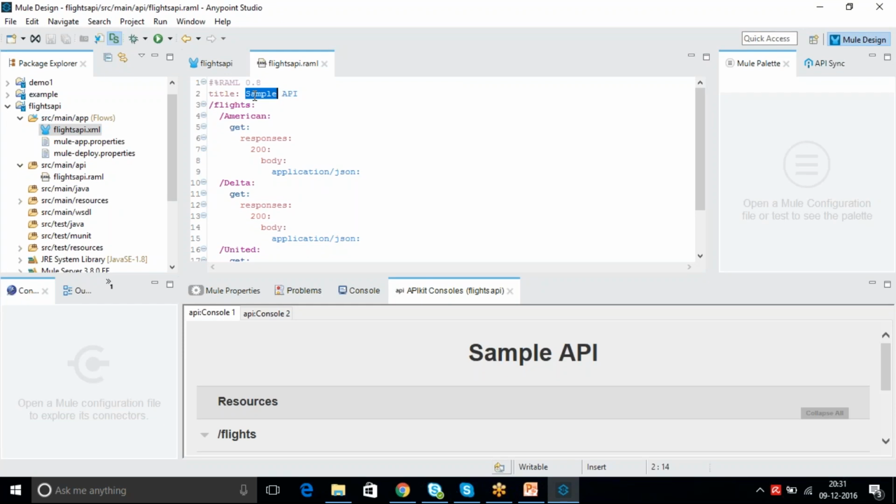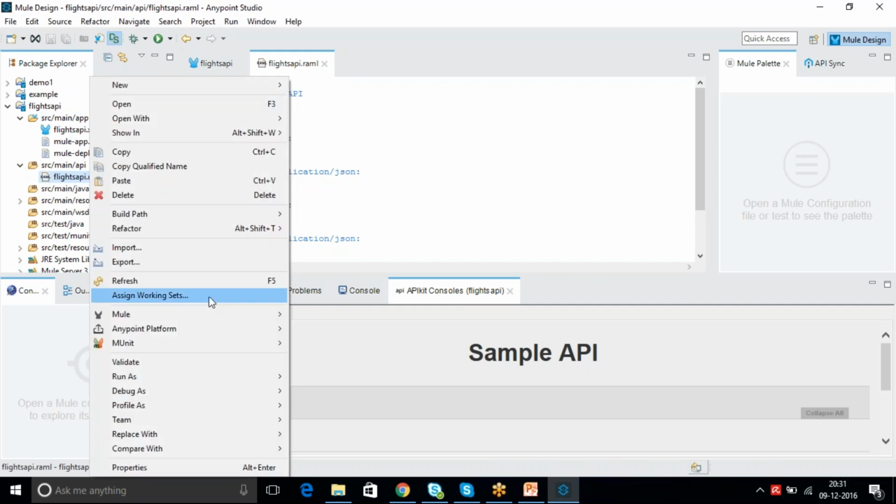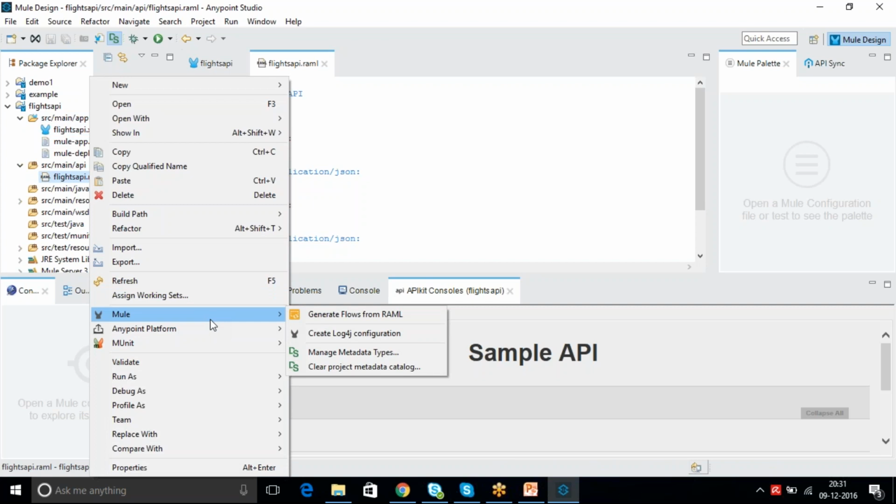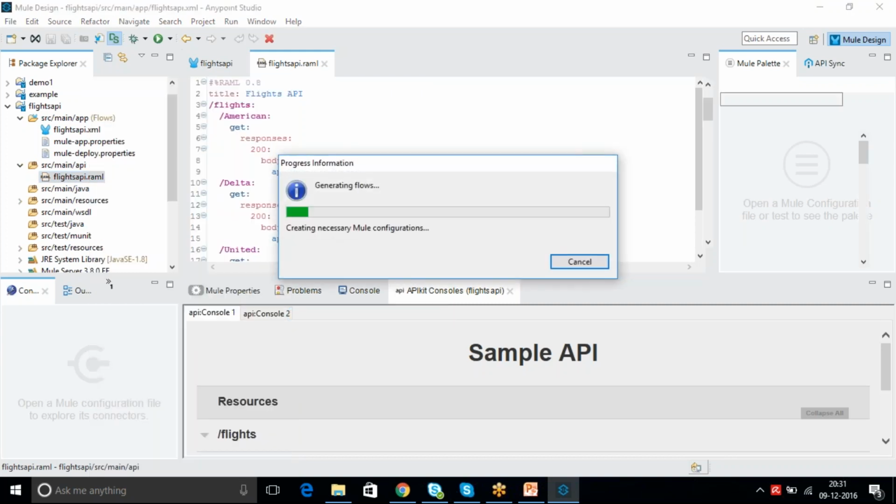So this is sample. We'll say that Flights API. Once this change is done, we again just generate it. Or if you rerun the application, it will automatically work. For now I'm doing this again.